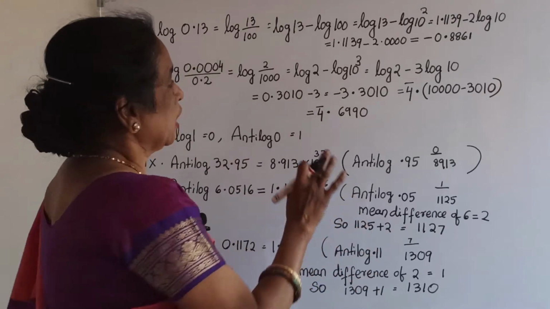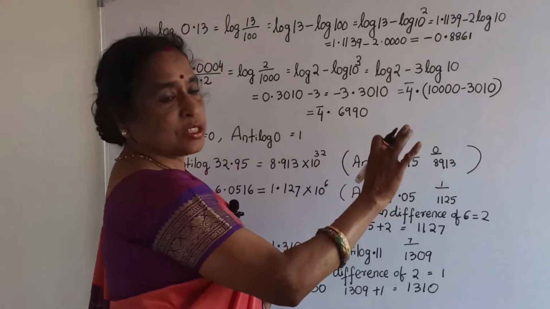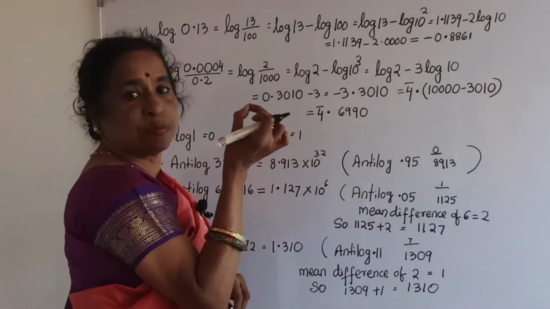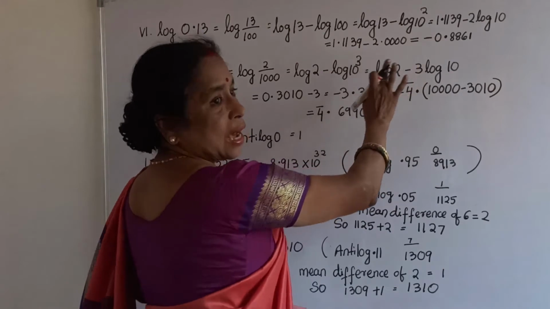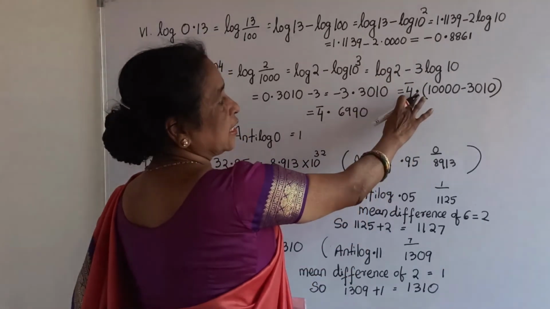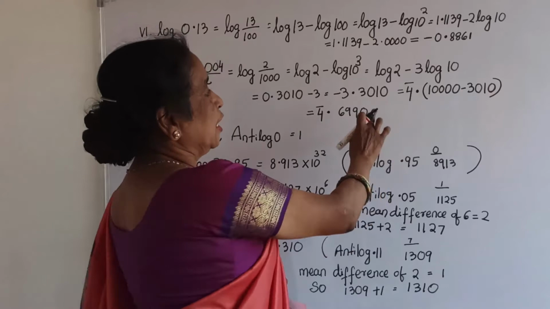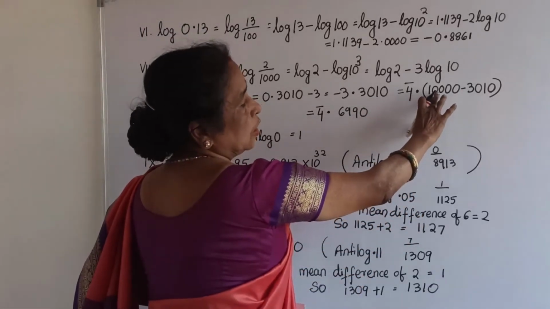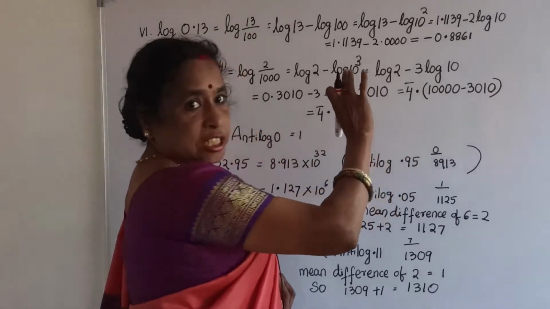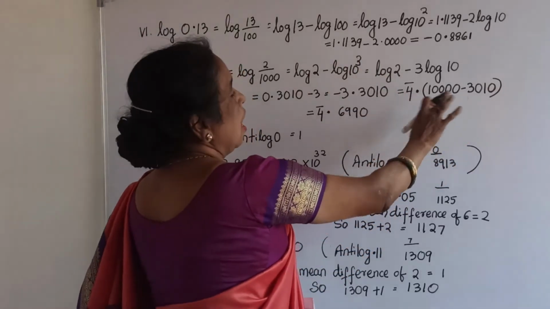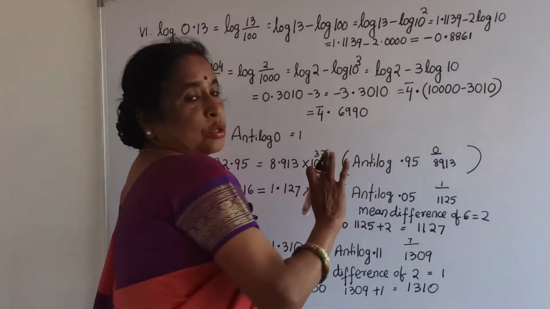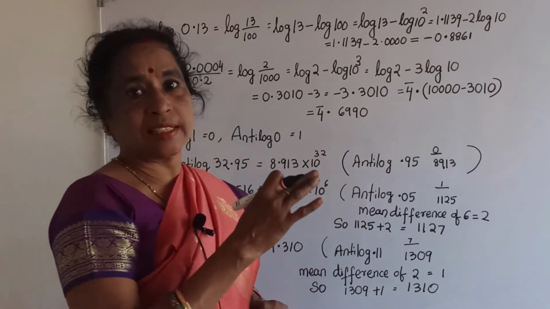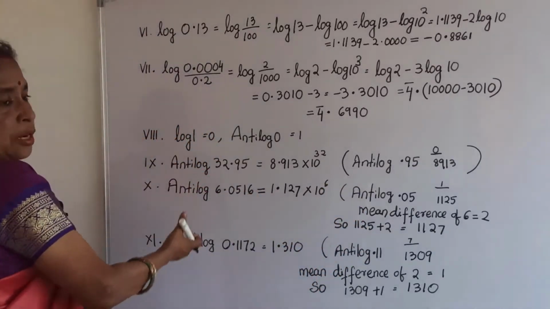The point remains as it is, and instead of minus 3 you put 4 bar: 0.6990. Again, see, if the value is in terms of a minus sign, here minus 3, you increase by one number, that is 4 bar. The point stays as it is, and then you make minus of how many zeros? 1, 2, 3, 4, because 4 digits are there, including the 1 also. And what is the value? 6990. So the answer in terms of bar is 4 bar 6.6990.